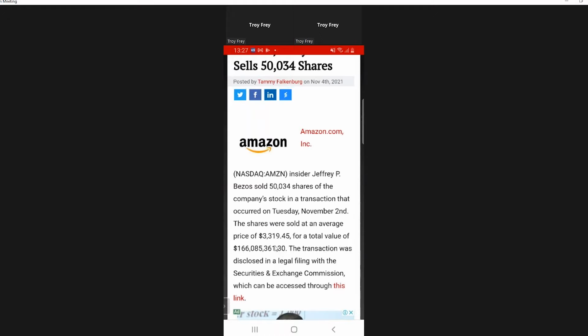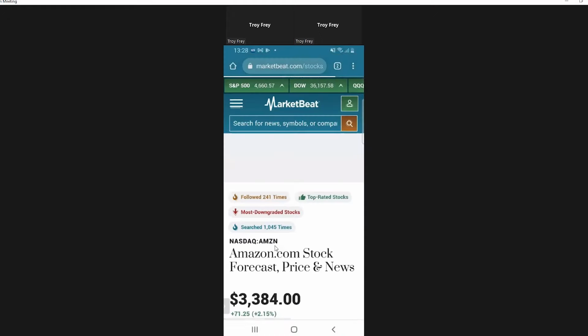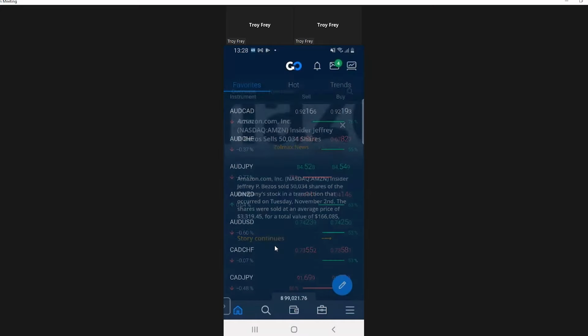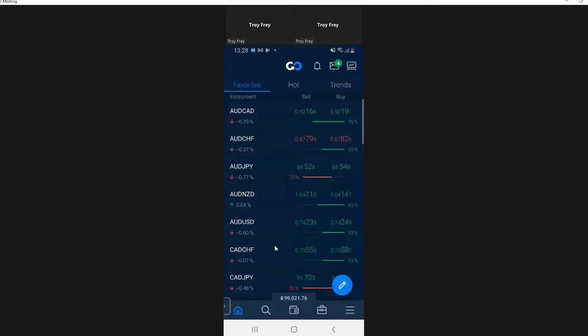Works the same way. So then I can just tap back, and it takes me back to the app. Okay, just like that. It never logged me out of my app. And I've got all of that outside information being pulled right in from AvaTrade Go app and from the web trader. So it helps you with your fundamental news.